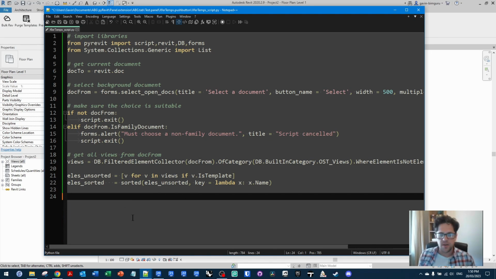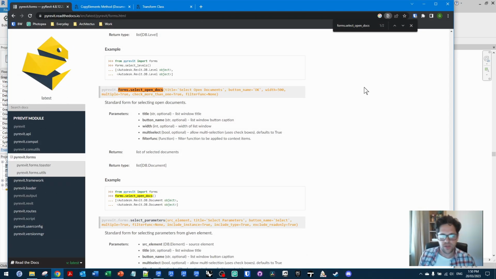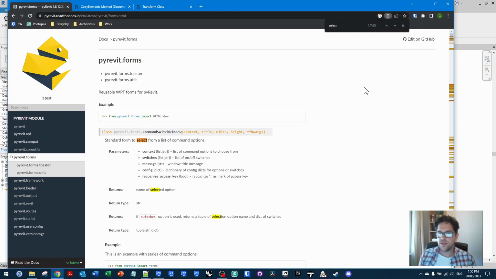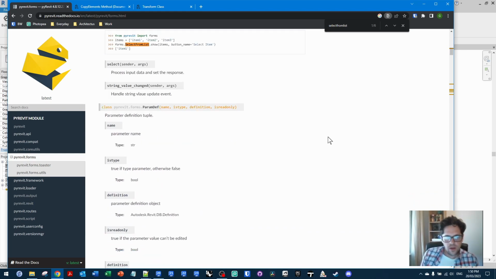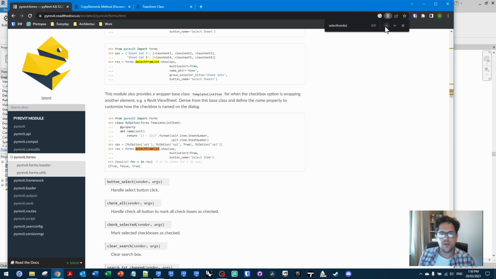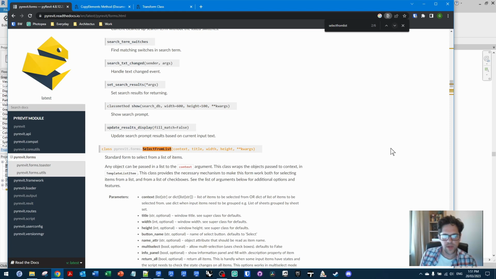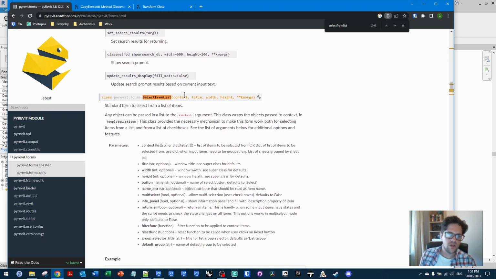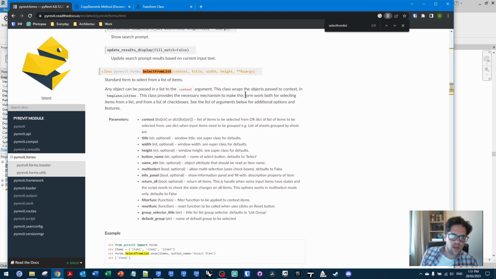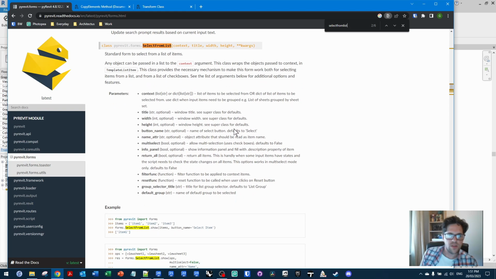So what we're going to do now is create, in this case, a select from list form. If we go to the pyRevit docs and look for select from list, I believe we should find the class. Here we go. In this case, we have to provide options, whether we want to select multiple. I'm just going to find the actual select from list object. There we go. So we can see in this case context, so the objects, the title of the UI, the width, the height, and various keyword arguments. These can be things such as whether you want to select multiple, so multi-select,